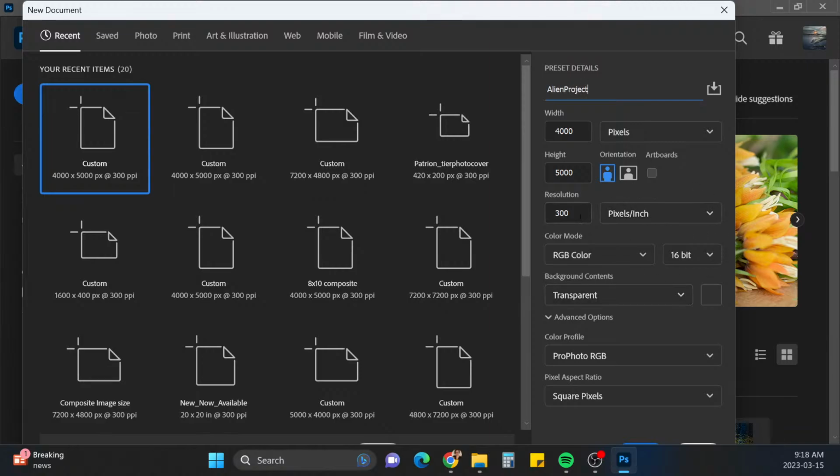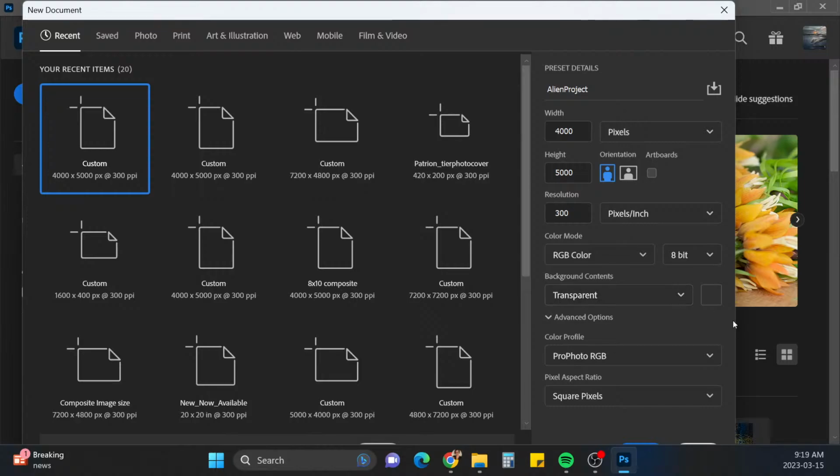All right, and we always want to keep our resolution at 300. That's the best I find. You get the best quality. Now, because I use my actions, the actions have to be used with 8-bit. 16-bit is probably better because you get more color variety and things like that, but I always switch it to 8-bit just because of using the actions.